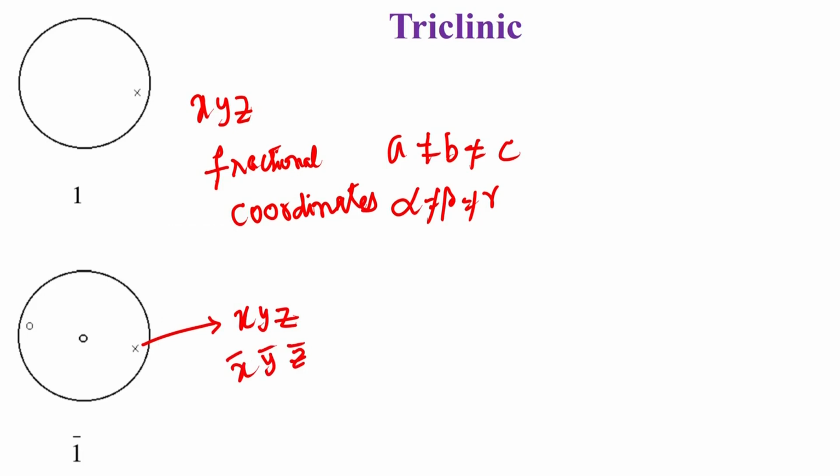That actually is the inversion of x, y, z about itself across the center of inversion. So, this gives us the symmetry operations which come inside the triclinic cell